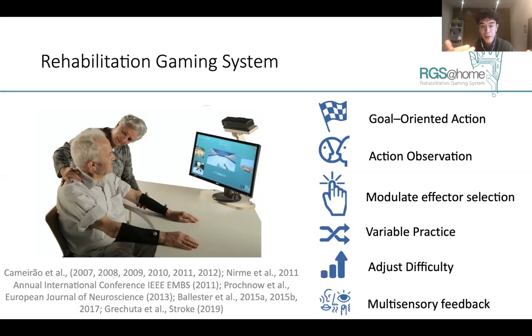Practice must be variable, so we should include a myriad of rehabilitation protocols that target also multisensory areas, as we will see later. They should adjust in difficulty, so deliver an optimal level of challenge depending on the capabilities of each patient, and provide multisensory feedback, which enhances plasticity of brain mechanisms that are later promoting recovery along different domains. So evidence from the inclusion of these principles that now you should be familiar with